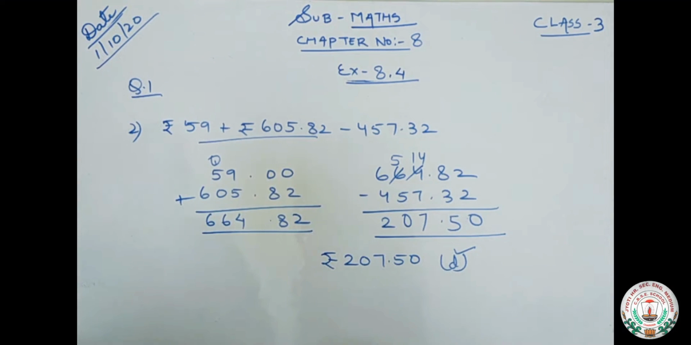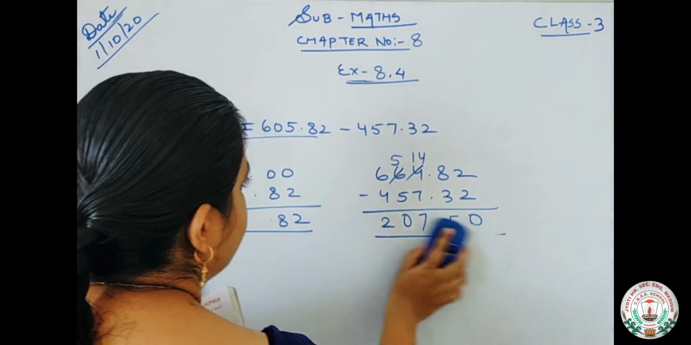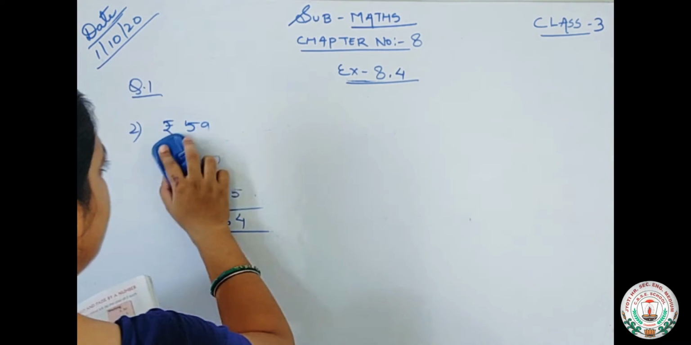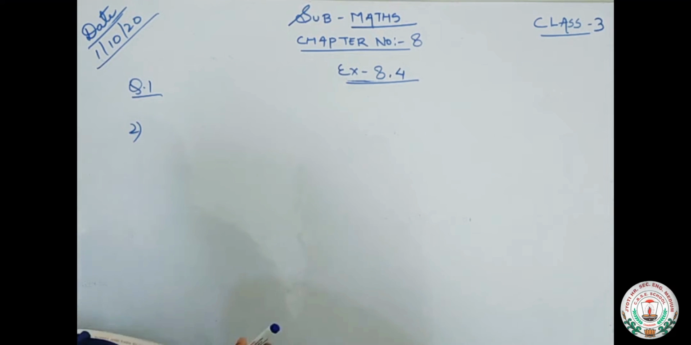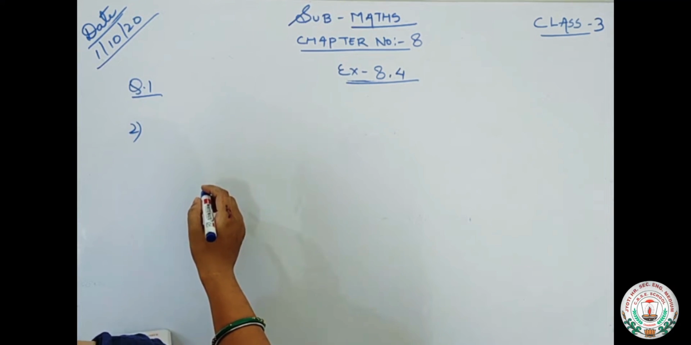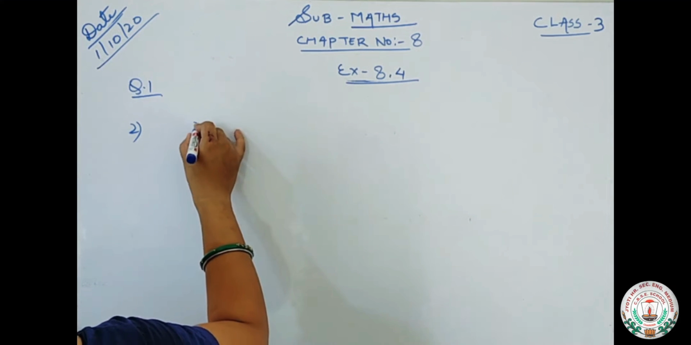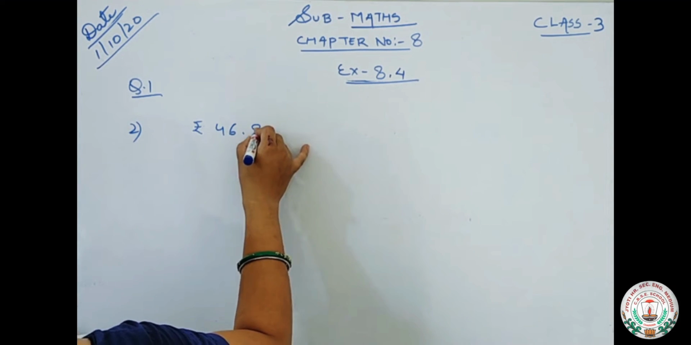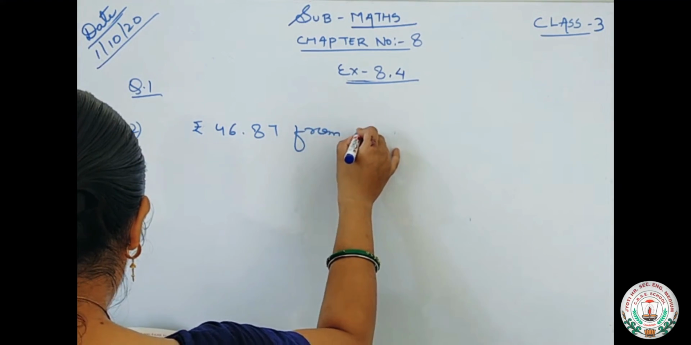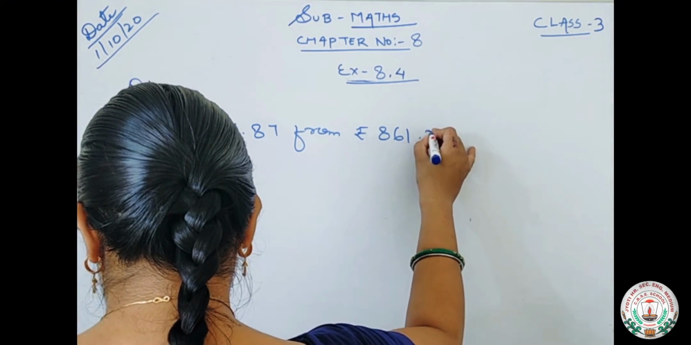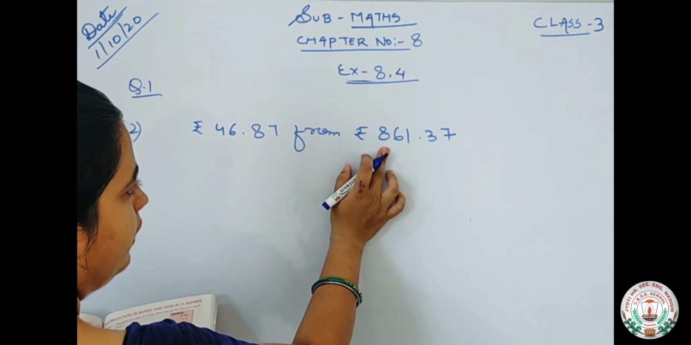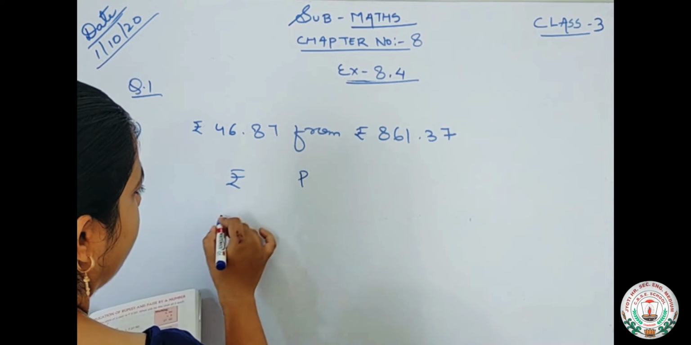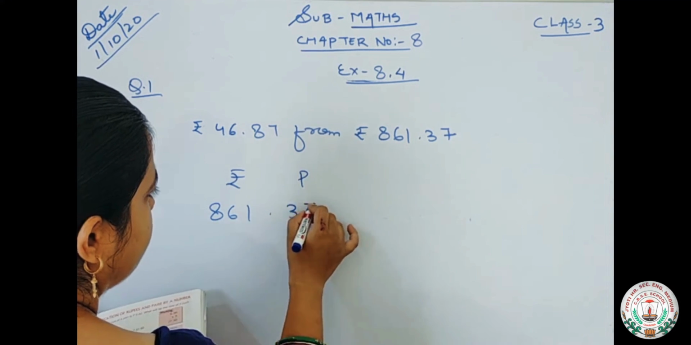Number 3 is on subtracting 46.87 from. We have solved the from question. Whenever a question is written with from, we will write the second one first. On subtracting rupees 46.87 from rupees 861.37, we will write the first number 861.37 minus